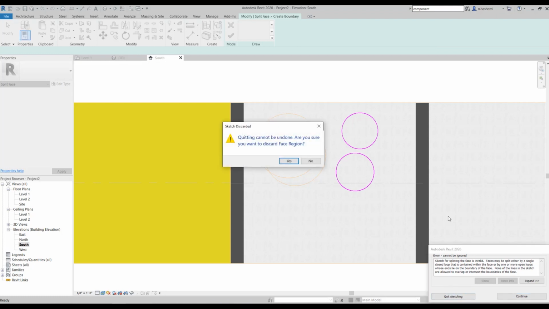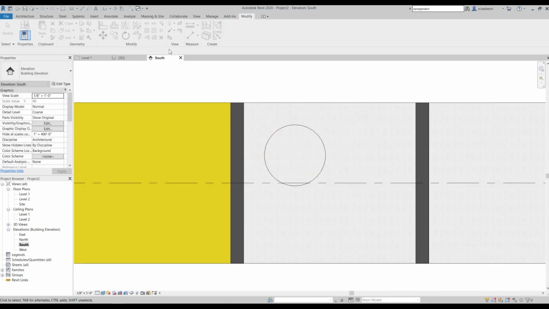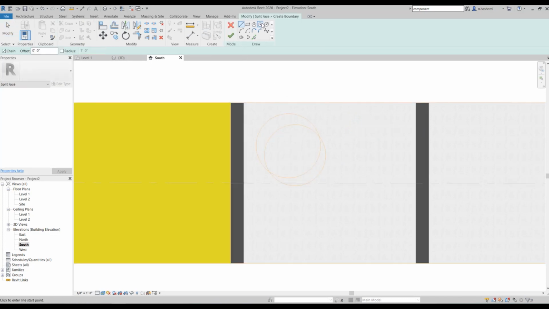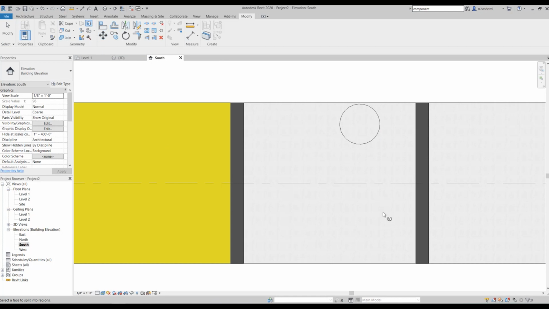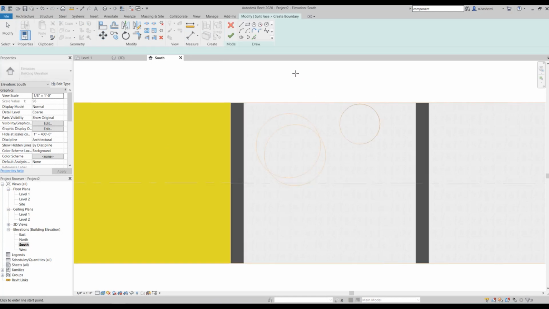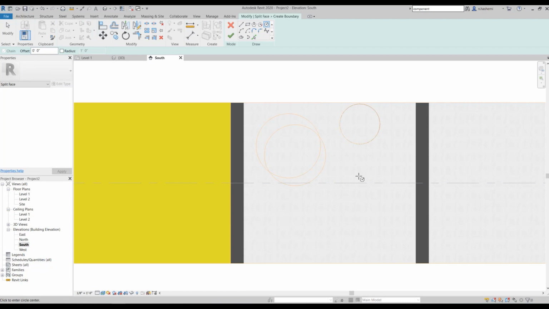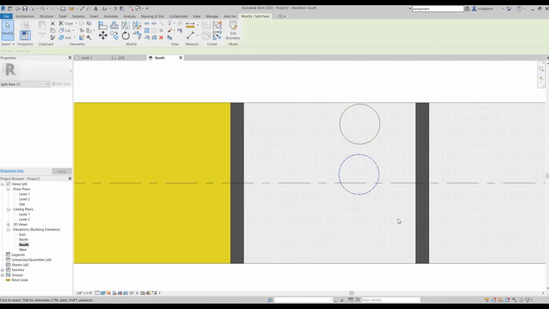So what you do is just draw one circle, hit check, select split face again, select the face, draw one other circle, and then hit check again. That is what you should do.